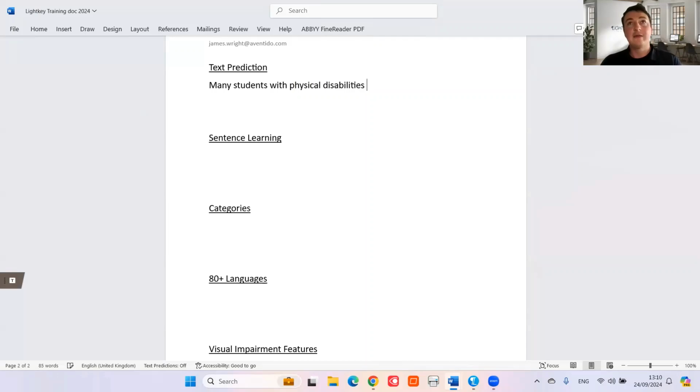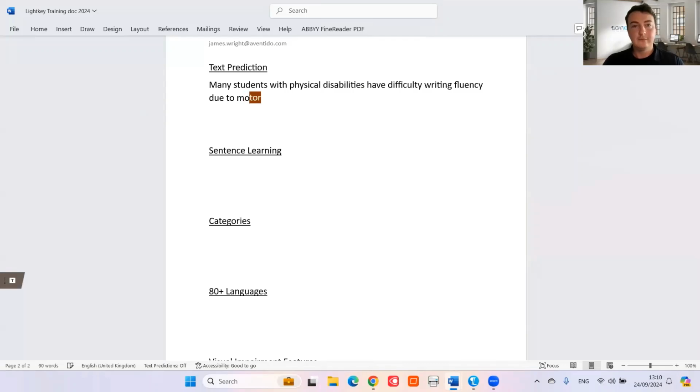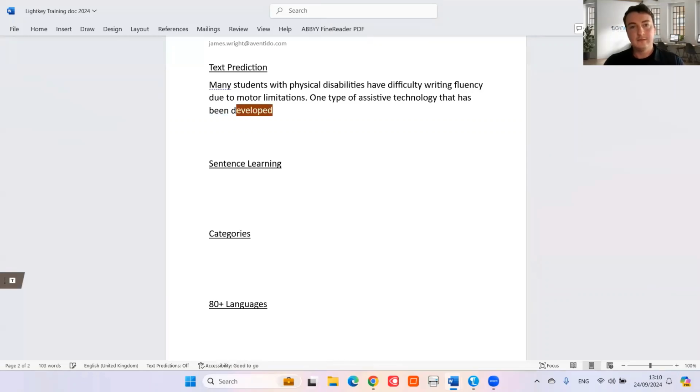I'm just going to be hitting tab as these appear. These can be single words, these can be multiple words or individual words. Writing fluency. You can see it's giving me these full sentence predictions here very, very easily. Assistive technology. Developed to improve writing speed and accuracy is text